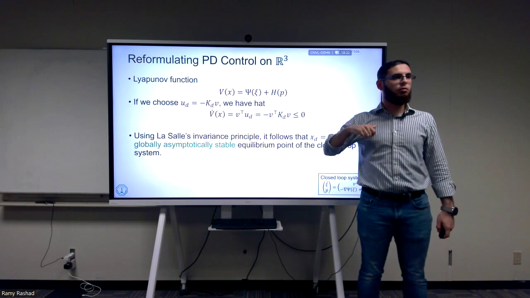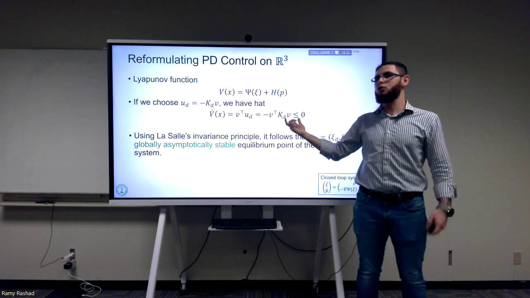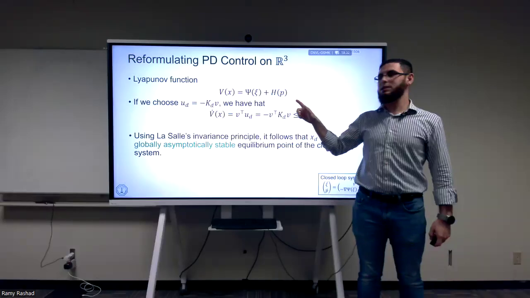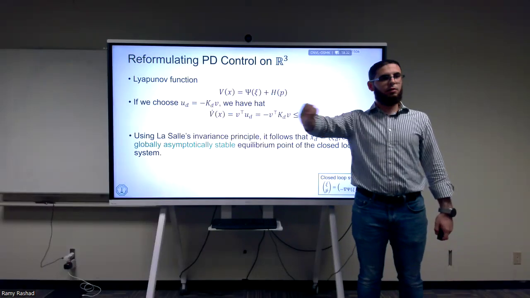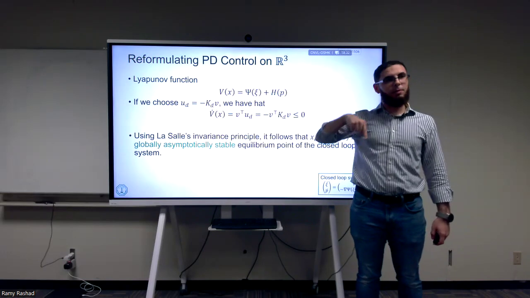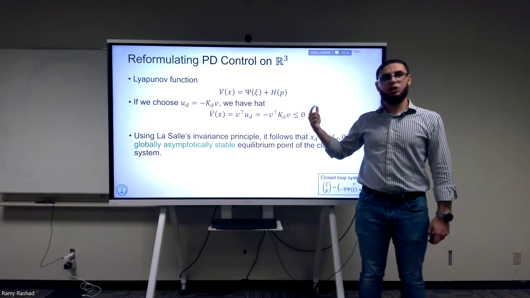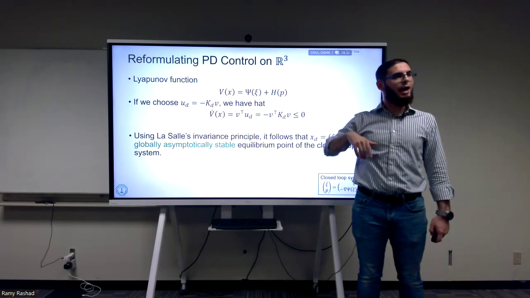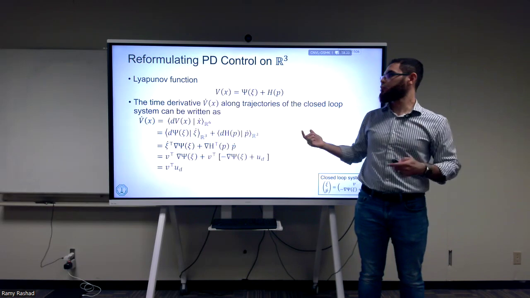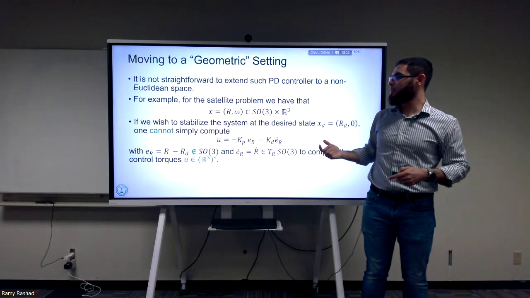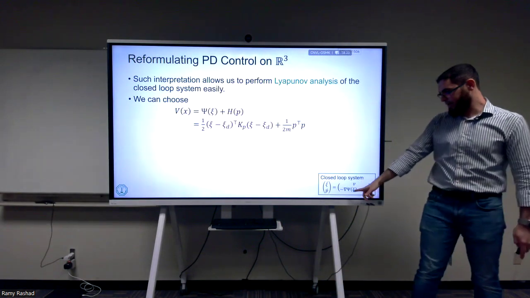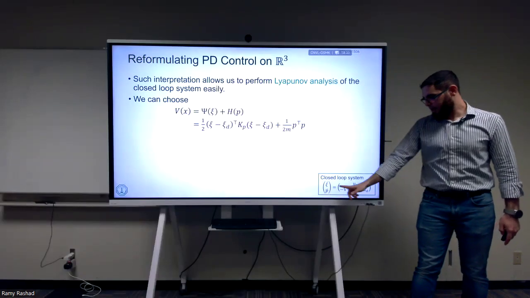And if V is equal to 0, we have that momentum is equal to M multiplied by V, so the momentum is also 0. So R consists of all of the positions with V equal to 0, and thus momentum equal to 0. Let's look at the time derivative of V, which is equivalent to P dot over M. If V is equal to 0, V dot should also be equal to 0, which means P dot should be equal to 0. If we go back to the system dynamics, and here let's go back to the general case, if P dot is equal to 0, then I should have